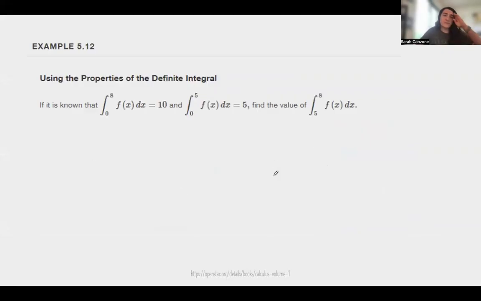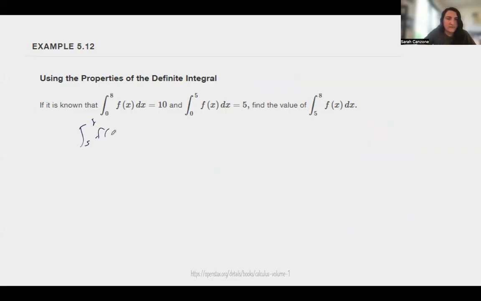All right, so this is what I'm talking about. This is why I gave that example. If you have the integral from 0 to 8 of f of x dx is 10, and the integral from 0 to 5 of f of x dx is 5, we want to find the integral from 5 to 8 of f of x dx. So what we know in this case is for this integral right here,